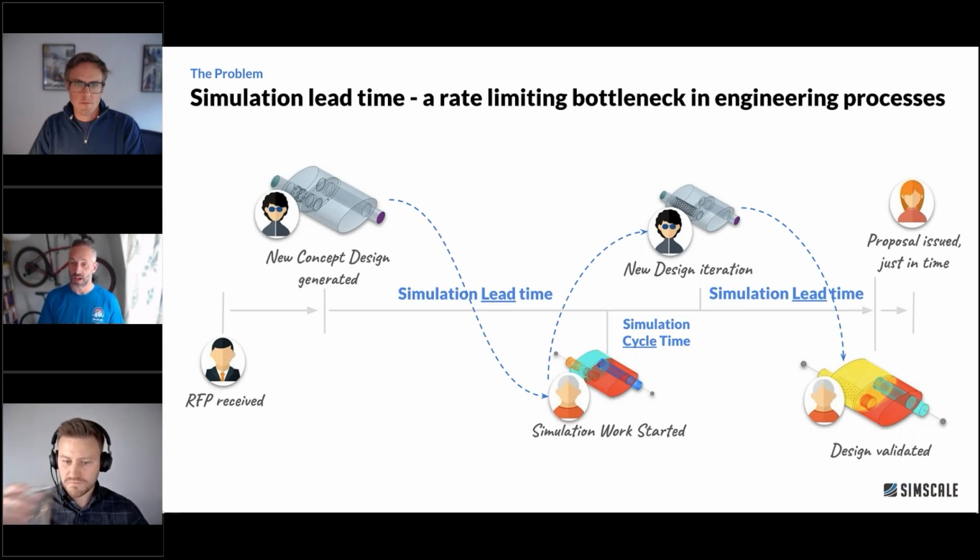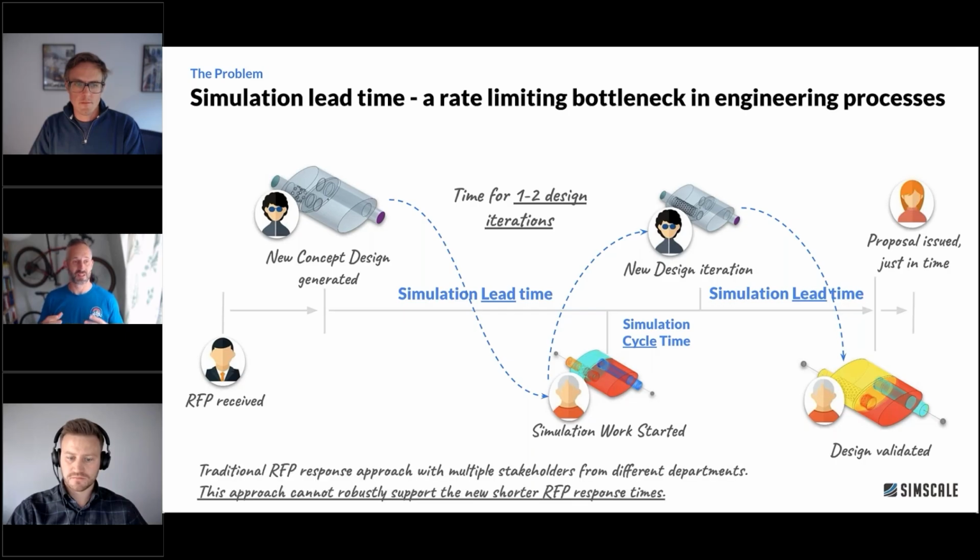And you can see there's a lot of waiting time here, which we really need to do away with. And we've probably run 1, 2, maybe 3 iterations. So we've maybe improved our design a little bit, but we need to do better. But with this kind of structure, it's hard to compress it and it's hard to make things faster. So we need a different way.